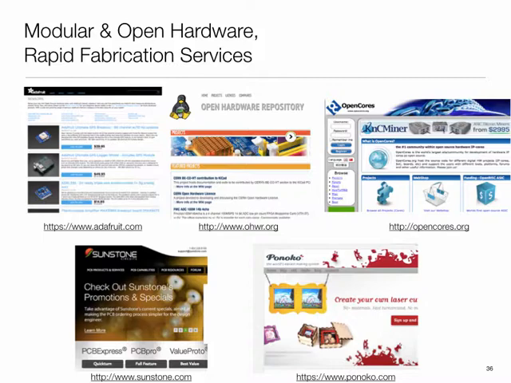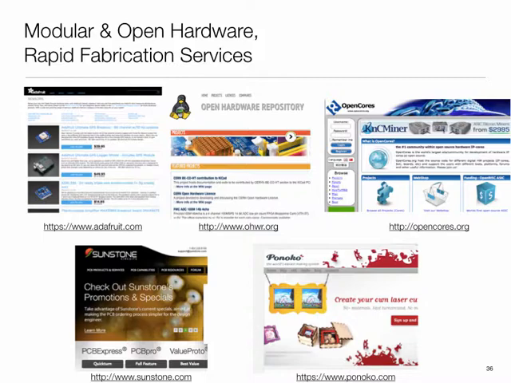You modify it there, regenerate the PCB, ship it to, let's say, Sunstone, and if you are willing to pay a fair bit of money, you can get it back a day or two later by FedEx. If you want to play it cheap, have a 3-week, 4-week turnaround time, you'll get the boards. There are other companies like China PCB, whose price points are even lower. So a lot of stuff out there.